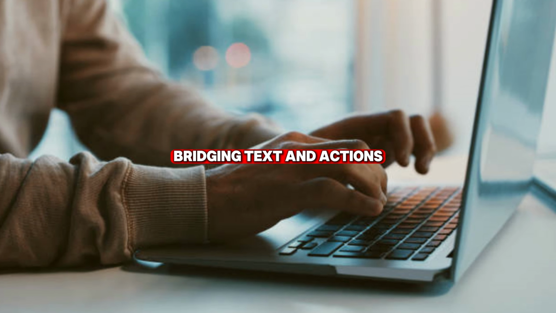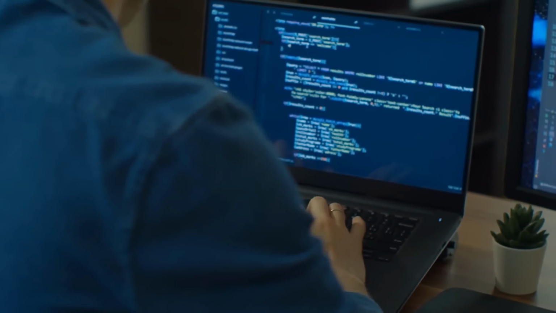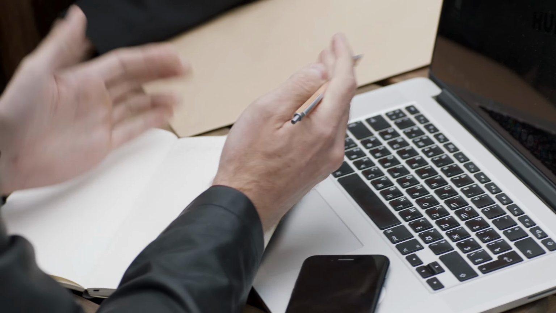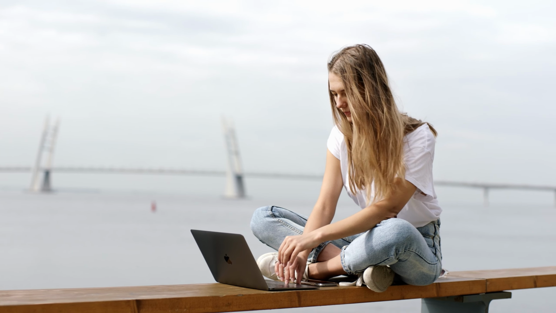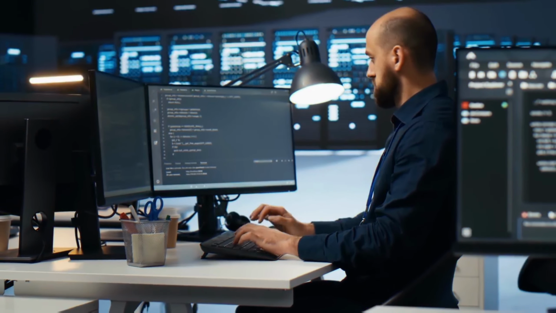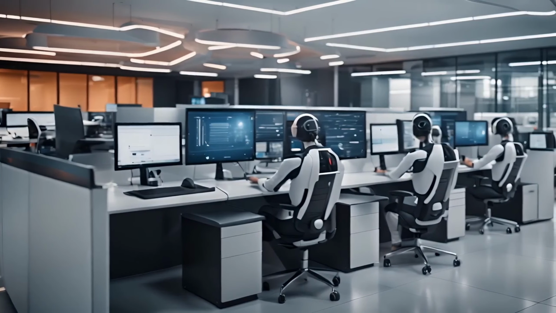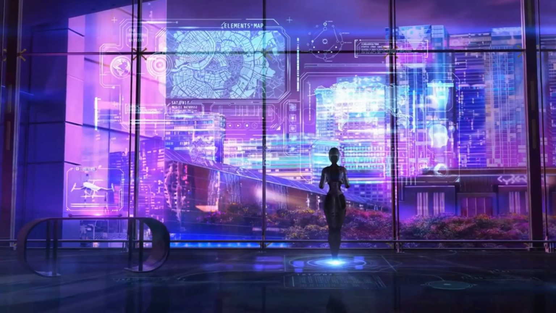Bridging text and actions. Turning written instructions into executable magic. Sounds like something out of a sci-fi movie, right? But that's exactly the challenge Microsoft tackled head-on. The result? A groundbreaking solution called Task Action Data. Think of it as a translator between human-like text instructions and real-world actions on your Windows interface. Picture this. You want to highlight some text in Word. Instead of fumbling around, the system knows exactly what to do. Click the Text Highlight Color button and perform the function as if it read your mind.